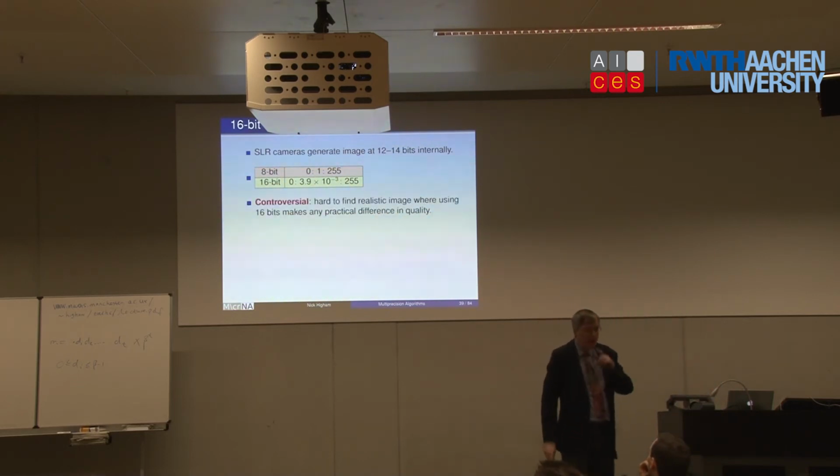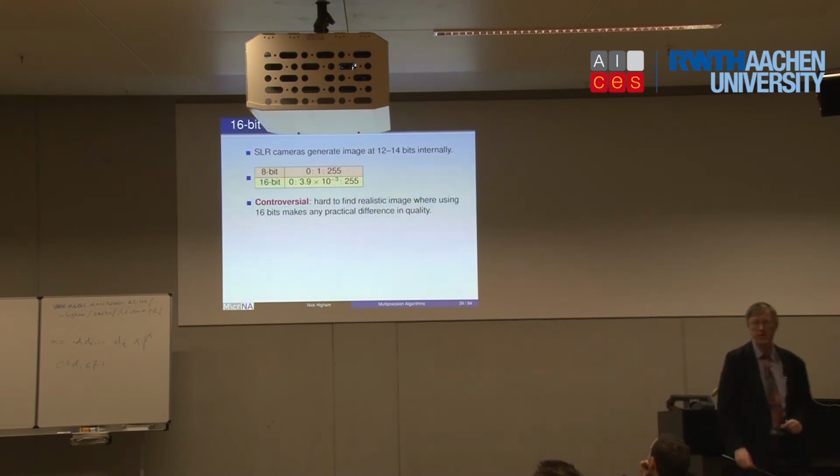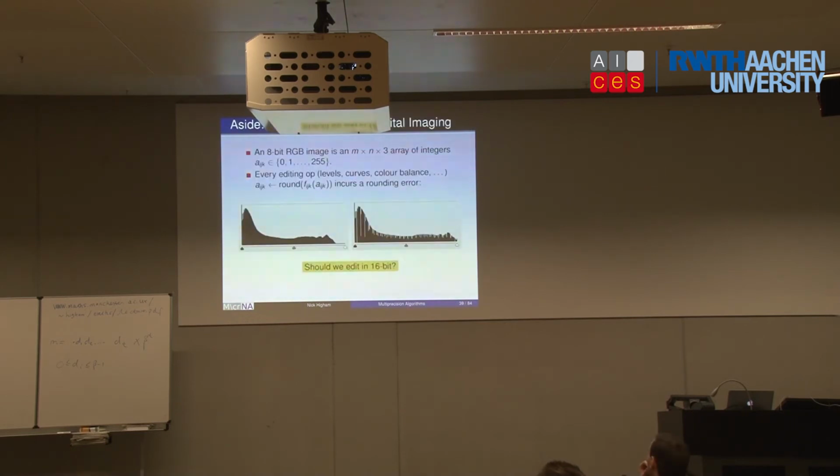But this has been a raging controversy for about the last 20 years if you look on the online forums about whether you need to use 16-bit. And the fact is it's very hard to find an example where it makes any difference visually. And in a sense, that's all that matters, is what we see. If you're dealing with photographs, it doesn't matter what the root mean squared error might be, it's how does it look. And most of the time, 8-bit works perfectly well. And these little troughs in the histogram are irrelevant.